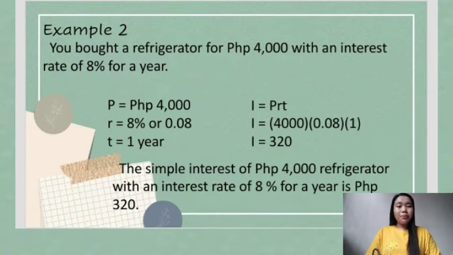Then substitute in the formula. So P is equal to 4,000, R is 0.08, and T or time is 1. So 4,000 times 0.08 times 1 is equal to 320. The simple interest of a 4,000 pesos refrigerator with an interest rate of 8% for a year is equal to